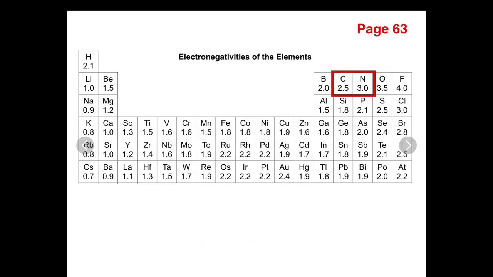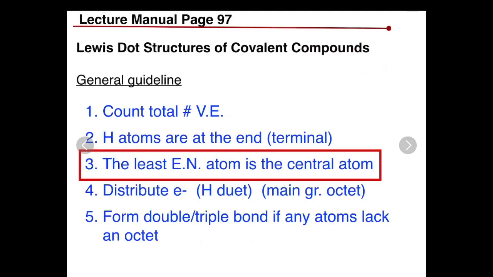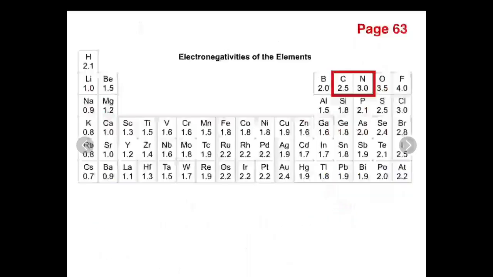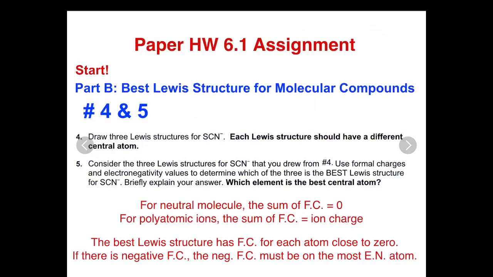Okay, so now this is the general guideline that I mentioned earlier, why we put the least electronegative atom as the central atom: it makes the formal charge come out closer to 0 than if you put the higher electronegativity atom in the center. Okay. All right. So up to this point, you should be able to start working on homework 6.1 part B,